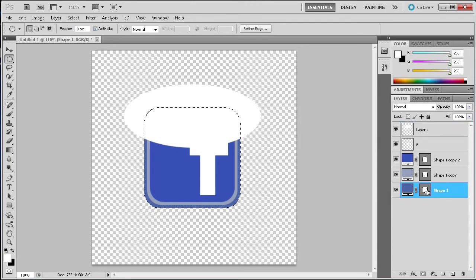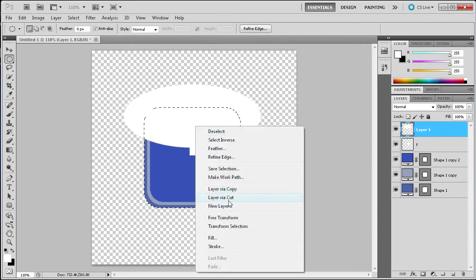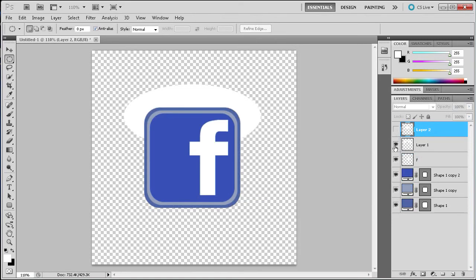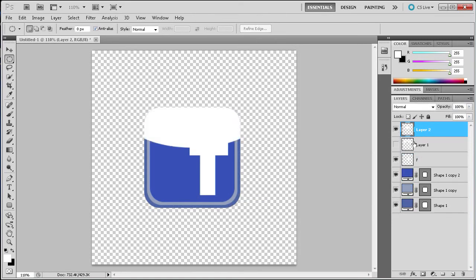Hold Control, click the little gray rectangle in order to create a selection of the shape of that layer. Then go back up to your oval layer, right click with your marquee tool, and go to Layer via Cut. So now you can see there are two pieces to our icon. We want just the piece that's over the top to still be there, so we can just delete the